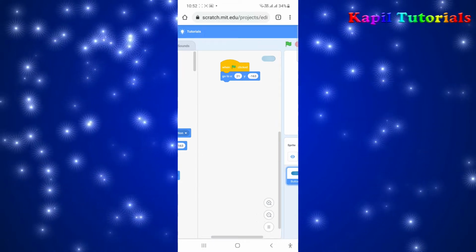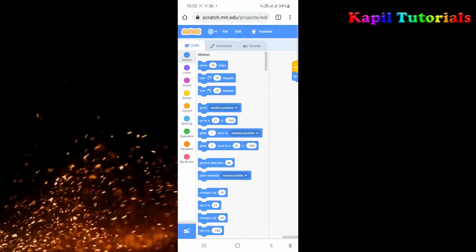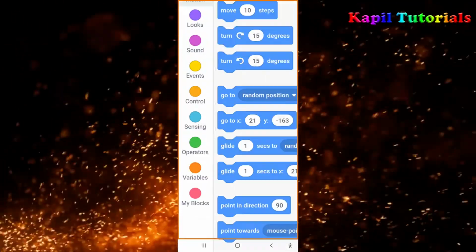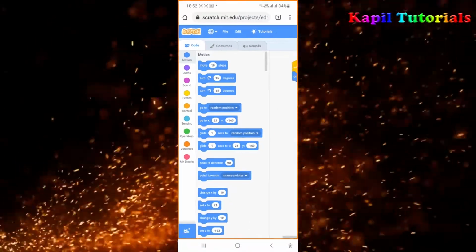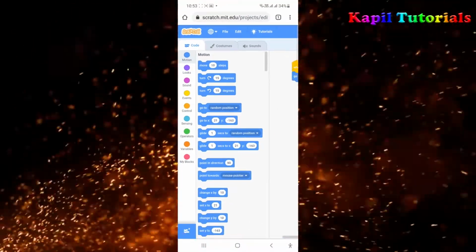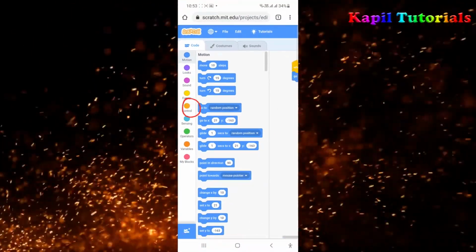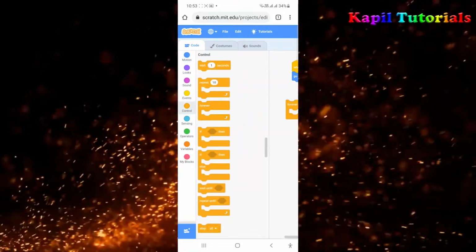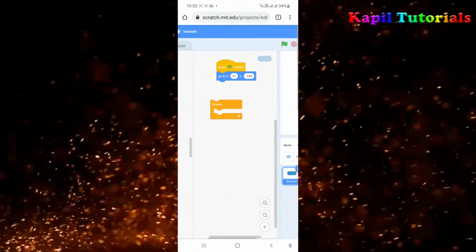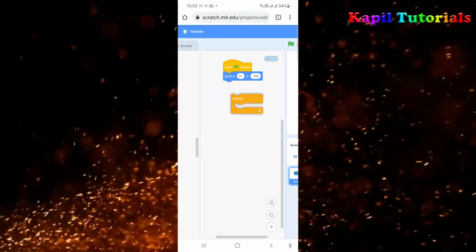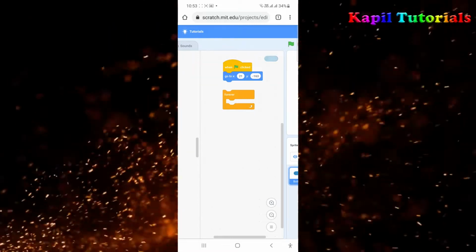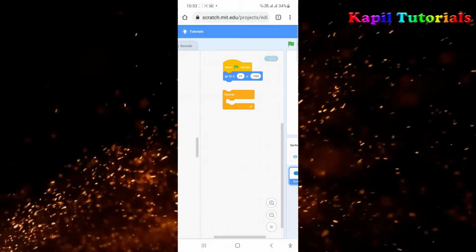Then I'll use the loop. From the control, I click on control and I'll use the forever loop. Now in the forever loop I'll use the set command.